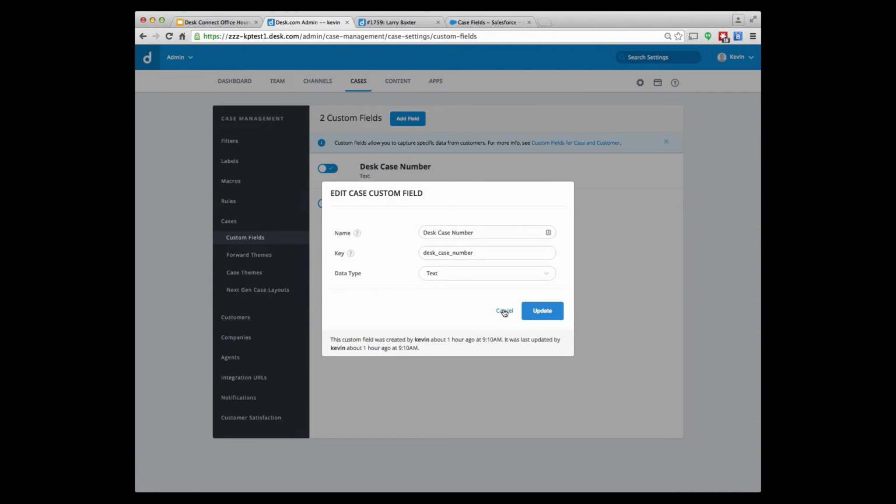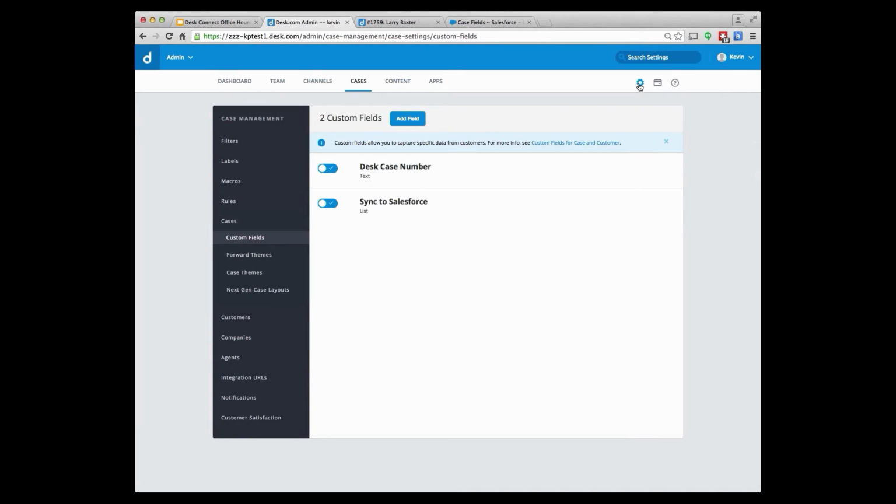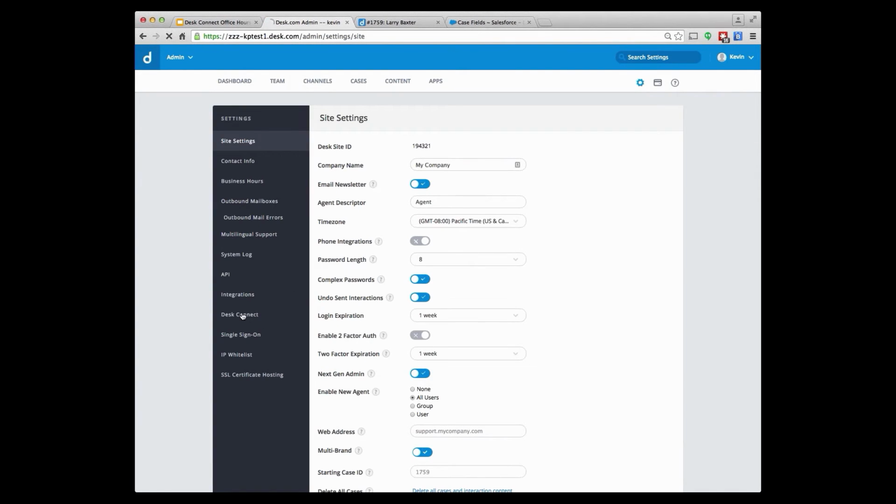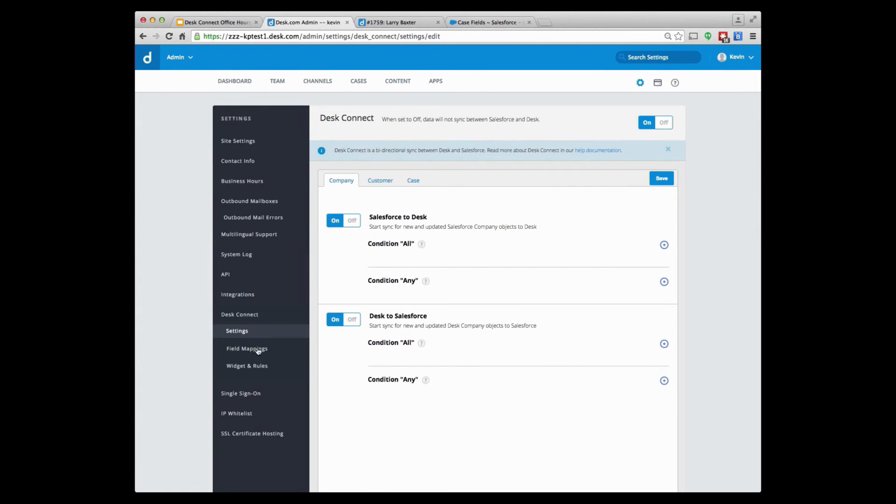And we're going to use this to sync over the data from Desk to Salesforce. So it's also a text field, which is great. So then we can map this with the custom field we created. And now if we go to Settings and back to Desk Connect, what we're going to do is just go to those two fields and map them. So we go to Field Mappings,